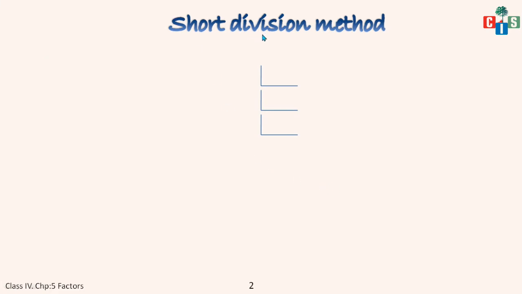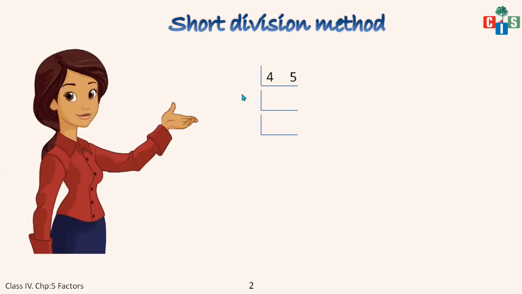So short division method, since it is division, you have to use division. Let's take one example, that is 45 I have taken here. Now the trick is you will start with the smallest prime number. The smallest prime number for 45 is 3. So first, again I'll explain. See, in the division what you do, you write 3 here and you write 45 here, and then you do division, you have 15 as a quotient.